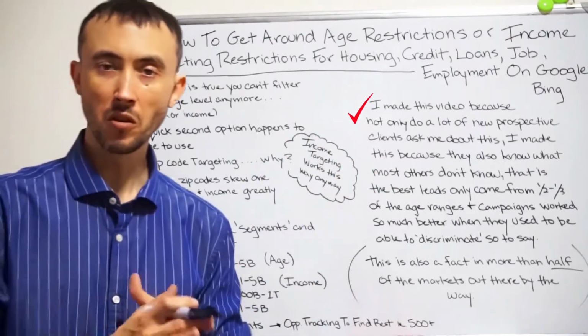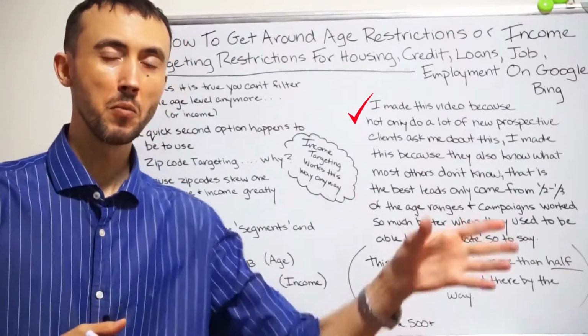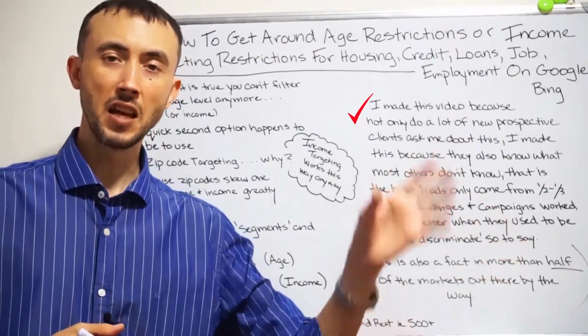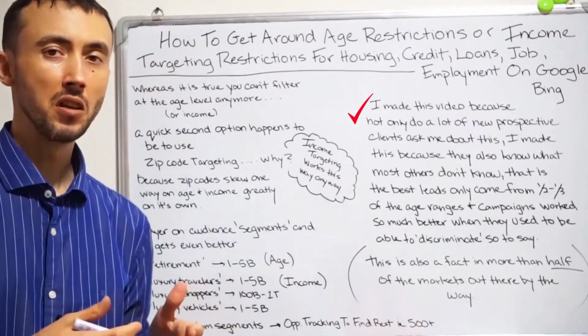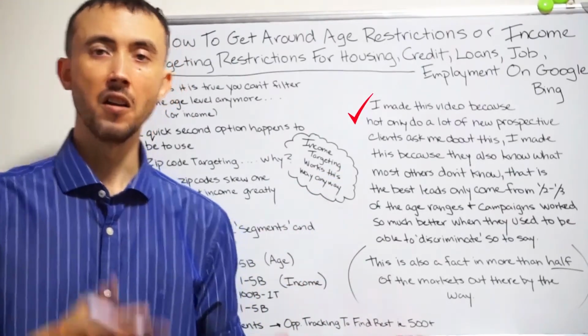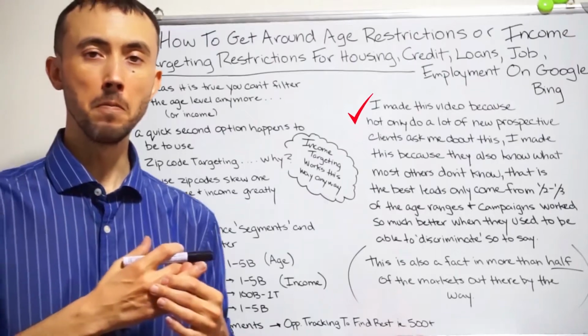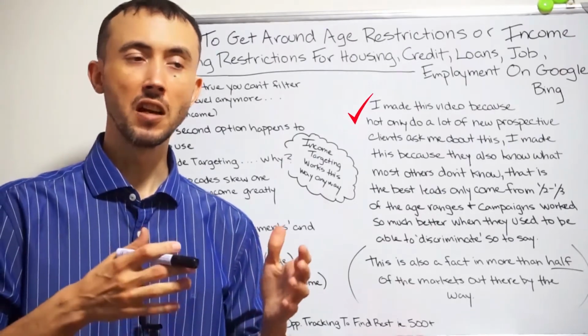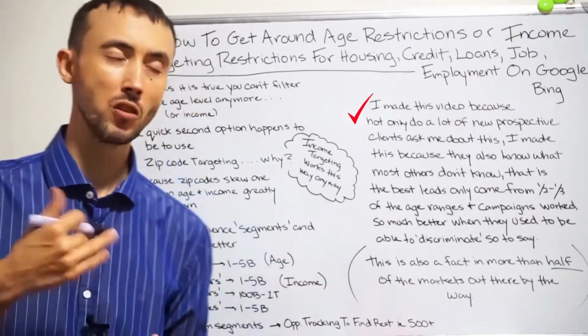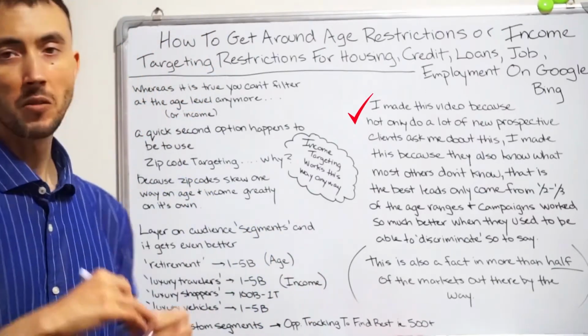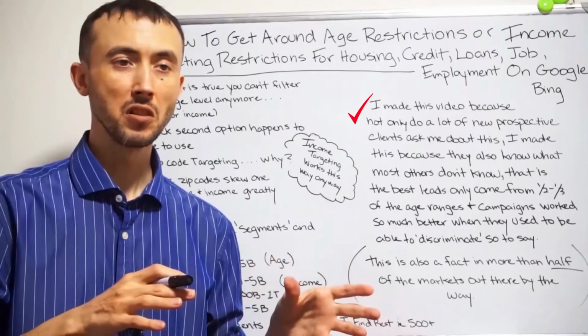There are data companies where you could give them a list of your customers by name and their email address or their phone number, and they will tell you about how old they are, of course, and the income range. It's called data enhancement or expansion companies. You can Google for that, and respectively, you can find out about your customers.